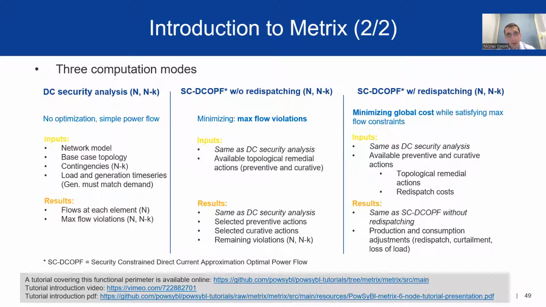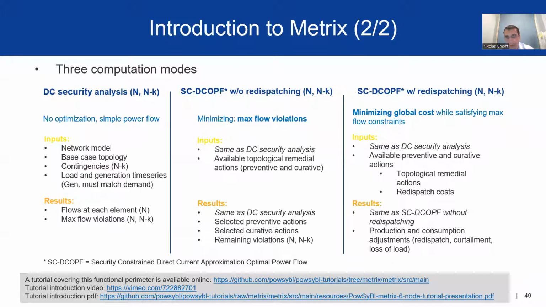In addition to the DC security analysis mode, you have to give all the available topological remedial actions, both preventive, so before the contingency occurs, and curative, after the contingency occurs. As a result, you will have the selected preventive actions, the selected curative actions for each contingency, and the